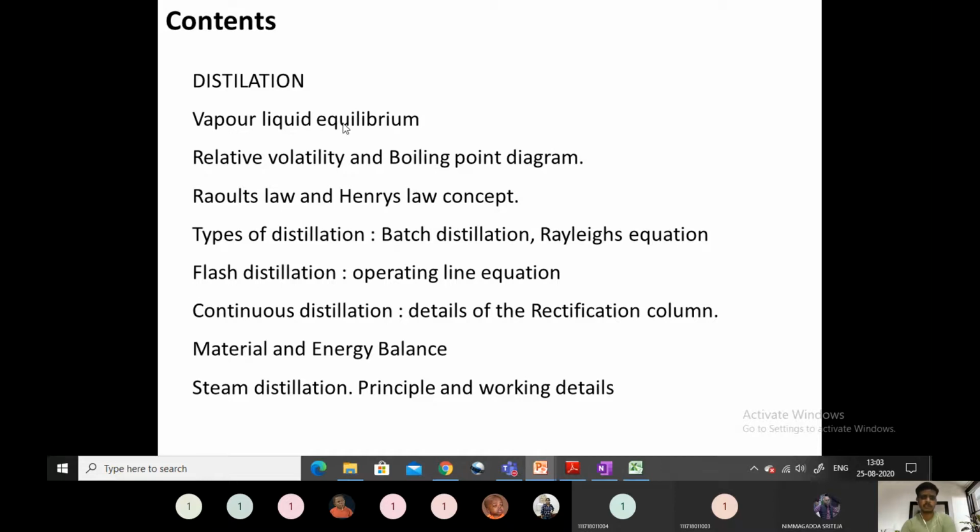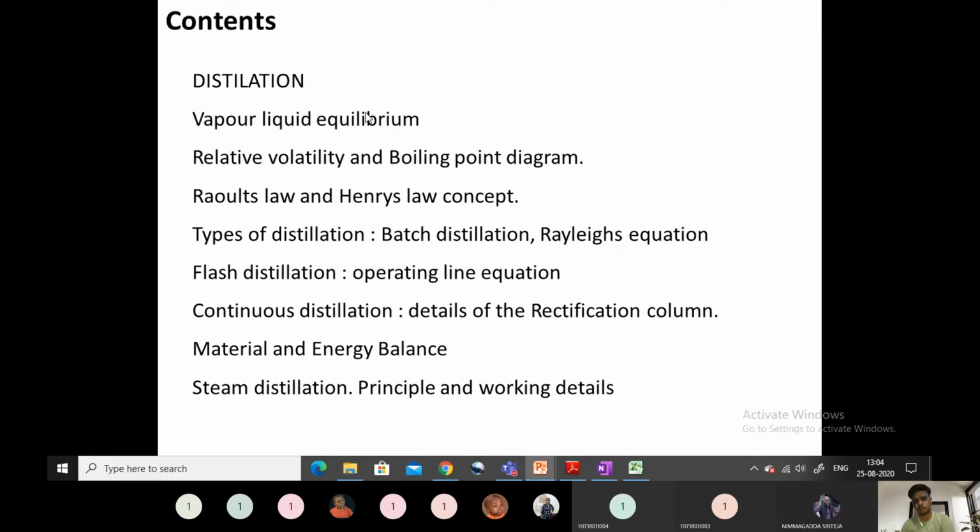Then the next one is vapor liquid equilibrium. What is vapor liquid equilibrium? It is nothing but a relationship between various components and their thermodynamic phases, vapor and liquid phase. The relationship among them will be defined by vapor liquid equilibrium. Equilibrium is nothing but an ultimate point at which the system cannot change, or the attainment of a chemical potential. The system has acquired a complete chemical potential.